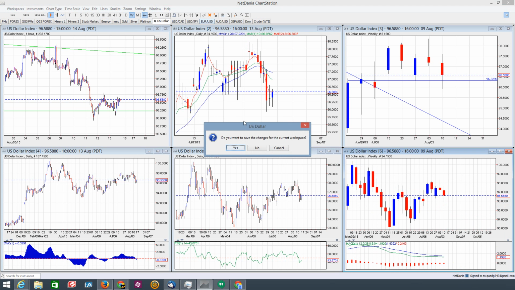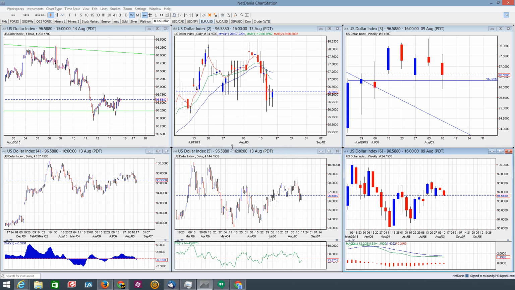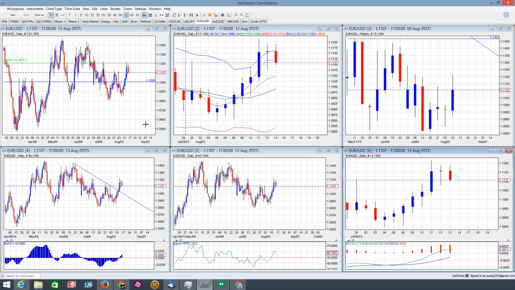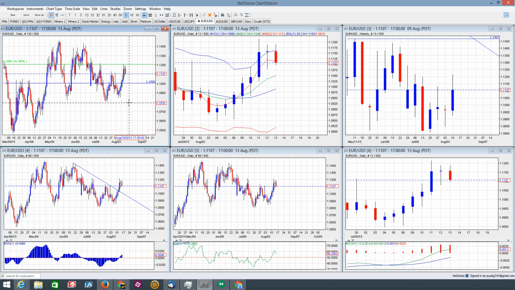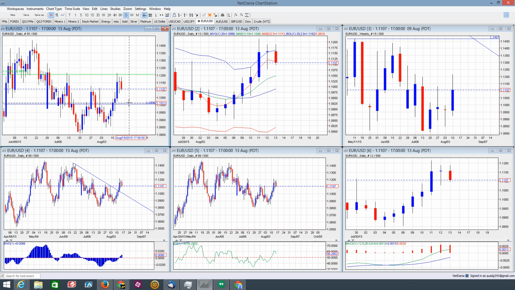Let's take a look at the euro. All right, so euro sprung up here as expected. I think we are just running into a little bit of resistance here. We might get a pullback here slightly, maybe down even into the